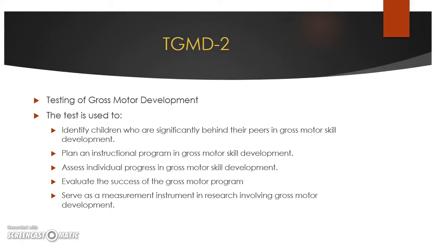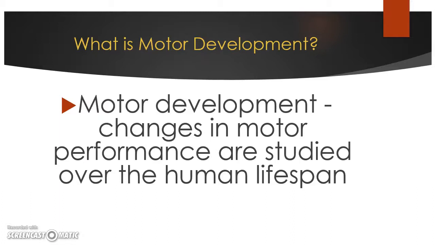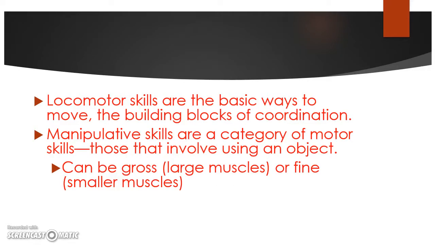Now to do this test, we must first know what motor development is. Motor development is the changes in motor performance that are studied over the human lifespan. Now there are different forms of motor development, and the two we're going to be talking about today are the locomotor skills, which are the basic ways to move, such as walking, running, etc., and the manipulative skills, which are a category of motor skills that involve using an object. And they can either be gross, which involve your larger muscles, or fine, which involve the smaller muscles